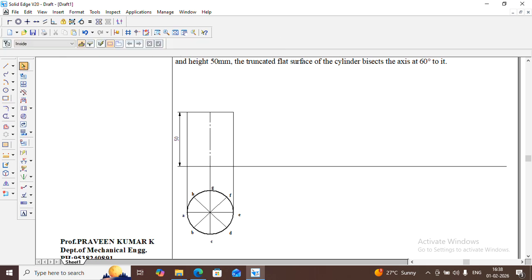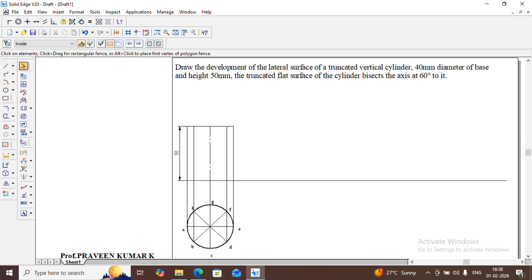Now let us draw projection lines from all the points. From A I drew a projection line, from B and H draw vertical projection lines, from C and G draw projection lines overlapping with the axis line, from D and F draw projection lines like this, from E draw a projection line. Okay. Now the next step is we need to introduce